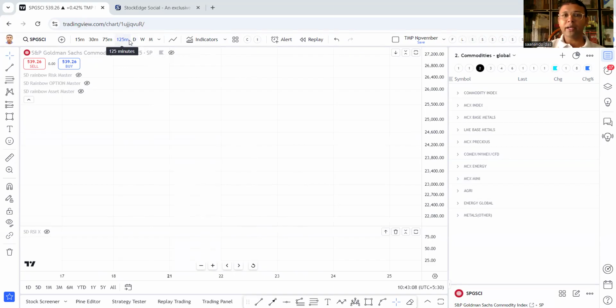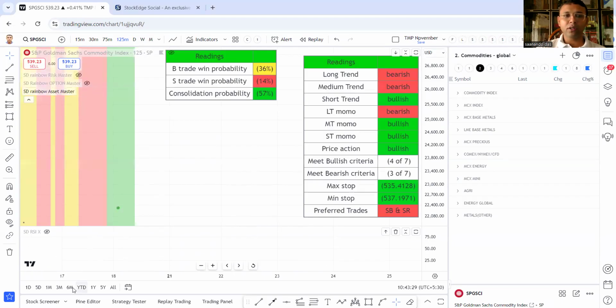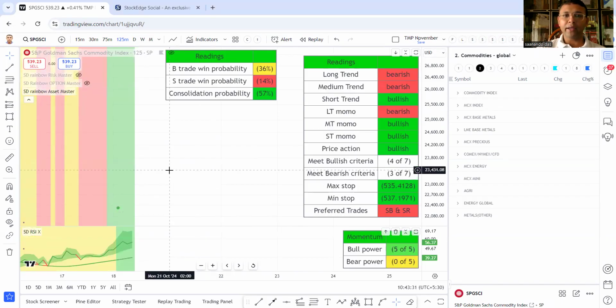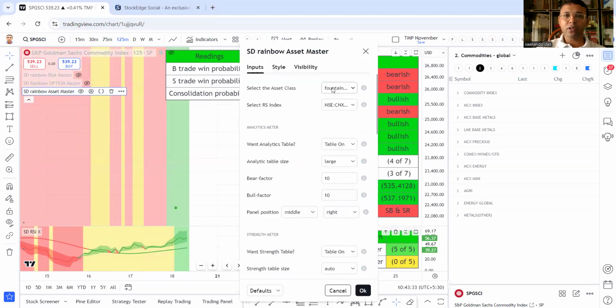Currently, as volatility has gone up, I've started giving weightage to 125 minutes more as the swings are not sustaining for long. So that's why we need to refer more in the second half of the year to the 125 minutes chart or short-term swing charts. First, I'm going to apply the HD Rainbow Asset Master and HD RSI X. And in the Asset Master, I'm going to apply the commodity setup,